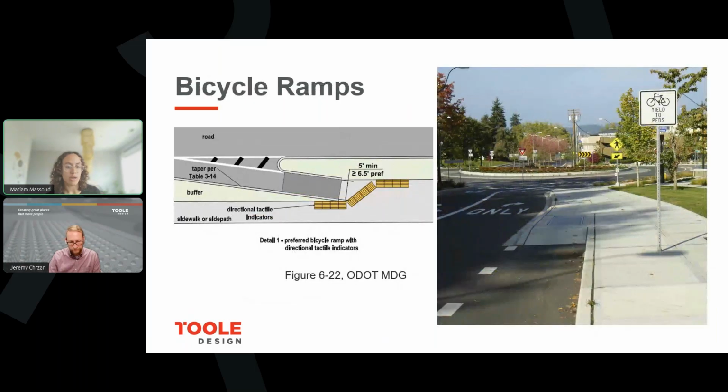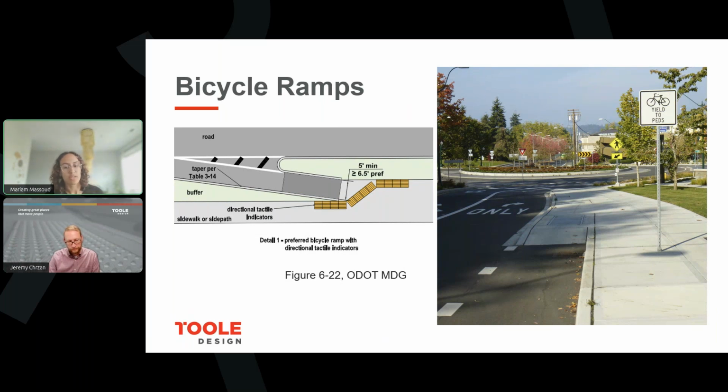We also wanted to talk about bike ramps. This is a situation where previous guidance has recommended or suggested that you can install detectable warning surfaces at the top of the ramp, so that if someone walks there, they are then alerted that they're entering a vehicular space, which is the bike ramp. New guidance actually does not suggest the use of detectable warning surfaces here, and instead suggests the use of tactile directional indicators. So these guide pedestrians away from the ramp